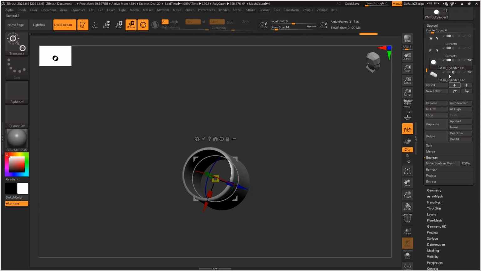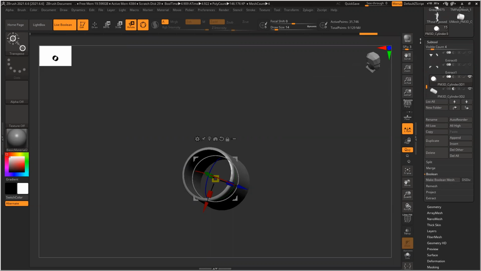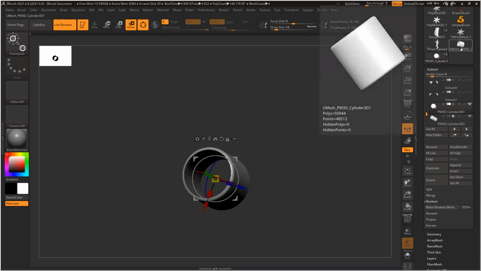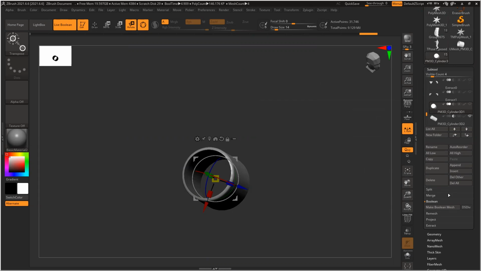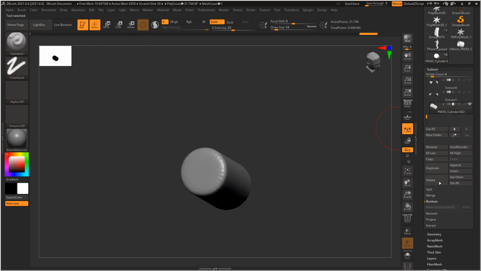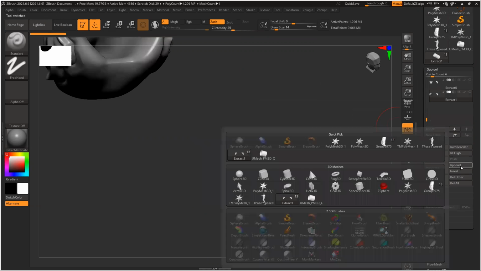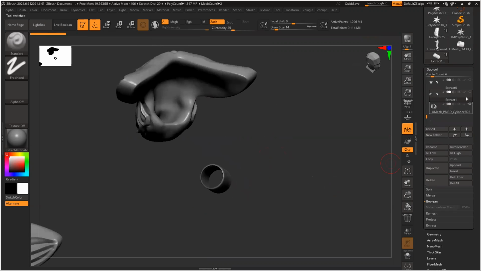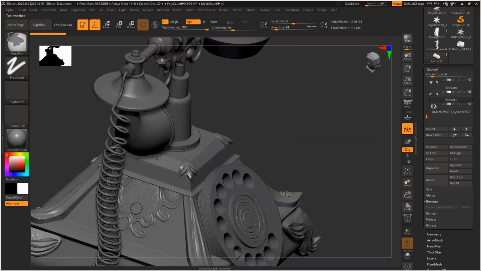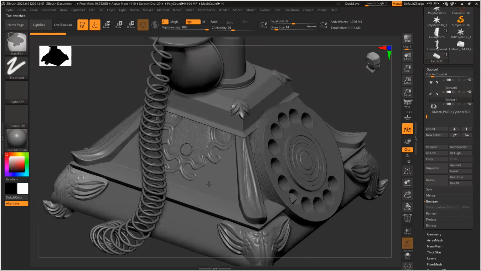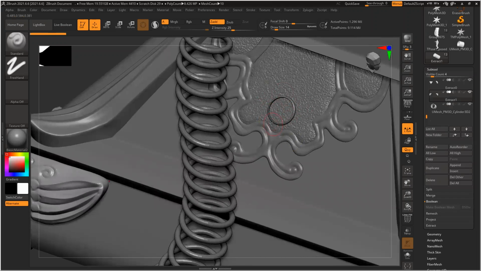But you can see these two are still there. Nothing happened here because it will create a separate tool outside this model. So I'll delete this thing, switch off Boolean, delete, delete, then append. I can see this model here. Shift and activate everything. Now you can see that ring here.